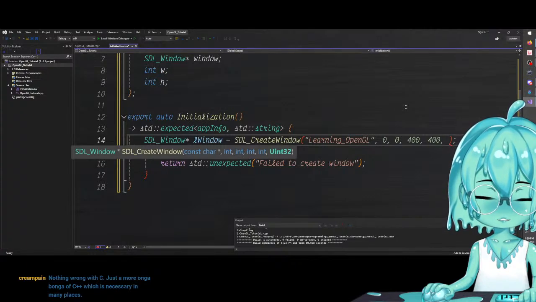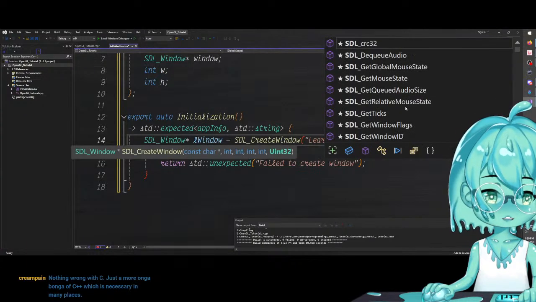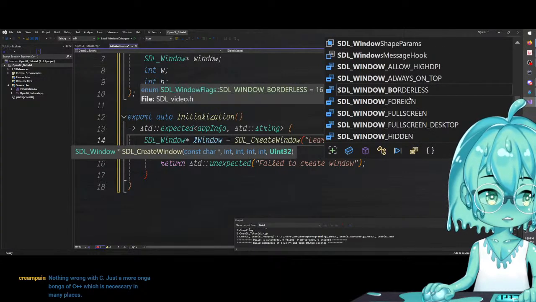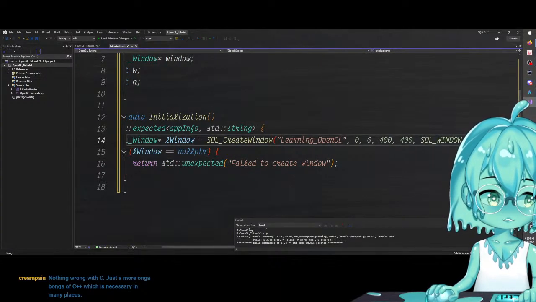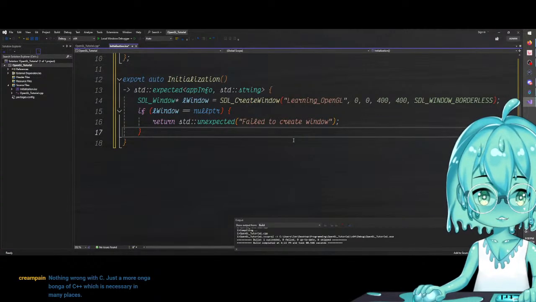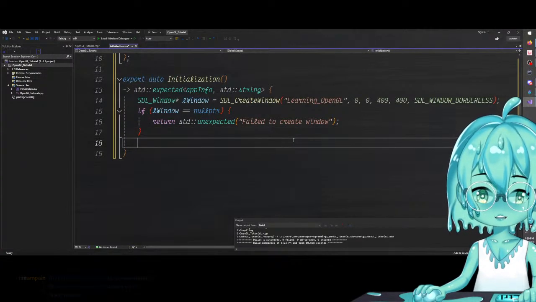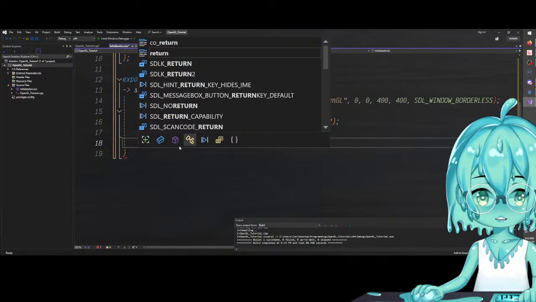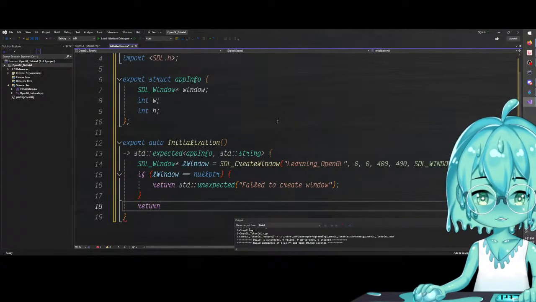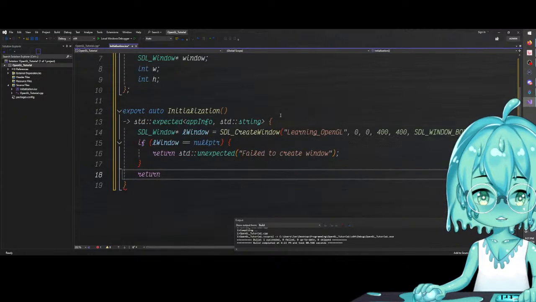And what are our flags going to be? SDL window borderless is probably the way to go. Okay, return unexpected, failed to create window, and I think that's it. It's so weird to me that we're not creating a renderer, but all right. And then we're going to return